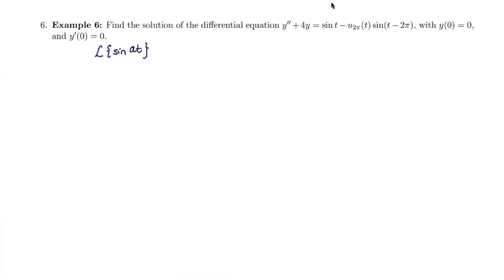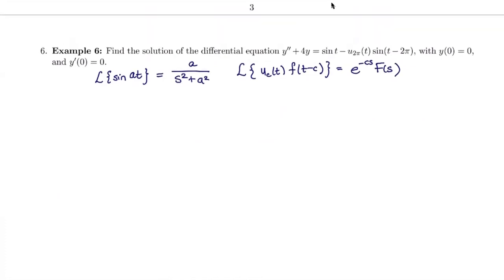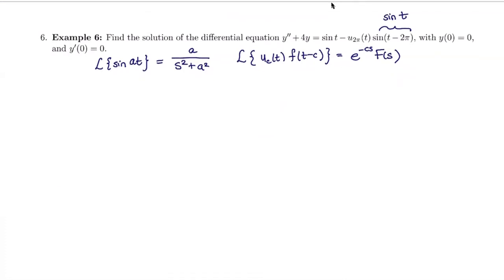I know from the table that the Laplace transform of sine of at is equal to a all over s squared plus a squared, and that the Laplace transform of uc of t times f of t minus c, let's get it right this time, is equal to e to the minus cs times the Laplace transform of f. So you have to know and be able to identify the function that is being shifted, and in this case, the function that is being shifted is the sine of t. So when I go to find my Laplace transforms of both sides of the equation,